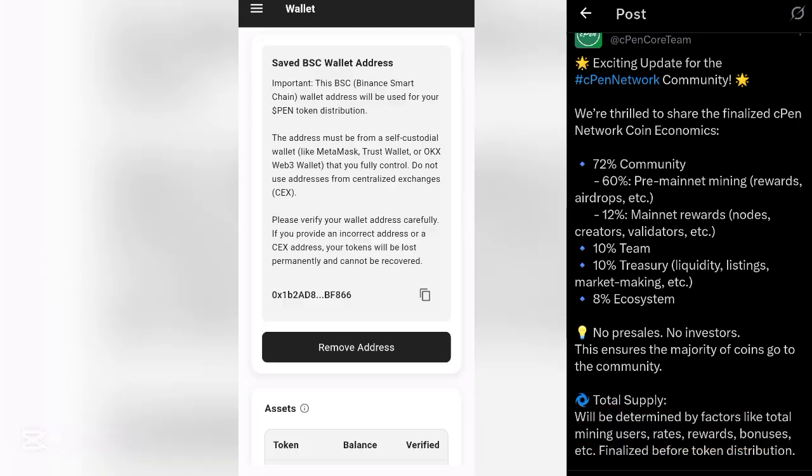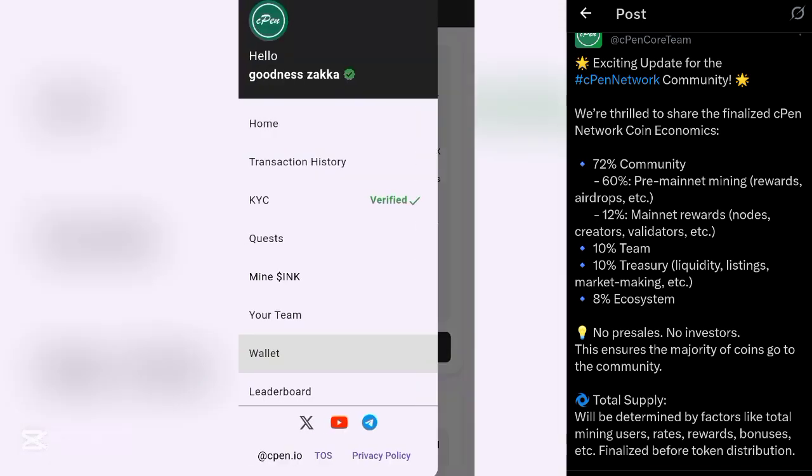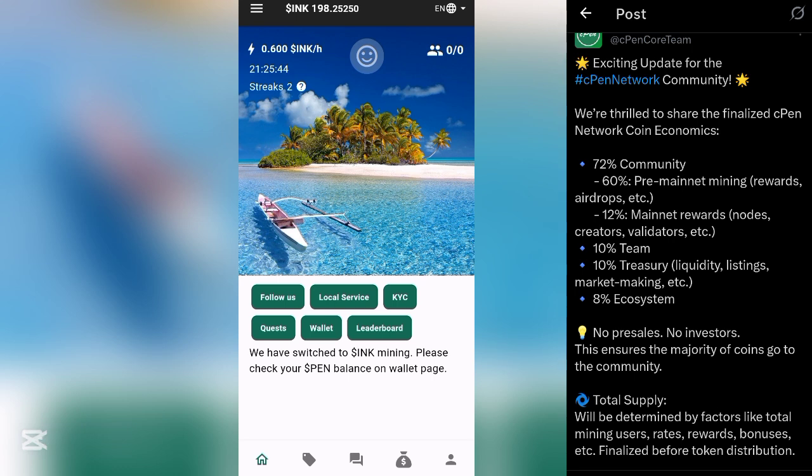30th of March 2025. And if you have not yet bin your wallet, make sure you go ahead and bin your wallet, because bin of wallet is going to end on the 29th of March, and they are going to announce their total supply very soon so that we can know the price prediction of this Cpen token. So guys, you can go ahead and check your